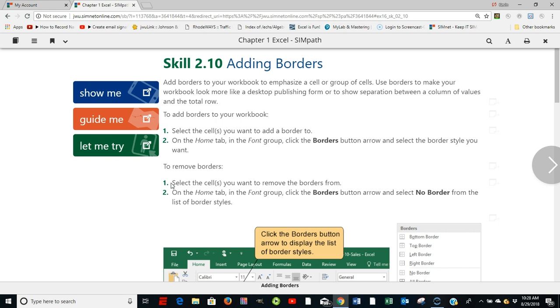Now the Part 2, or Take the Lesson part of Simpath, always has 3 tiles. Those 3 tiles are Show Me, which by clicking here you can actually see a video which will instruct you how to answer the question. The second tile is Guide Me, which will actually, once again, show you step by step how to answer the question that's being asked. And then finally the third tile is Let Me Try, where you actually attempt to answer